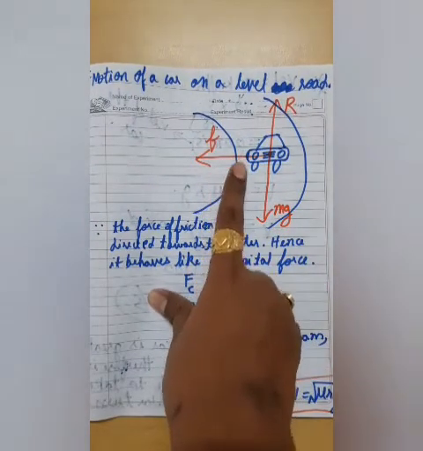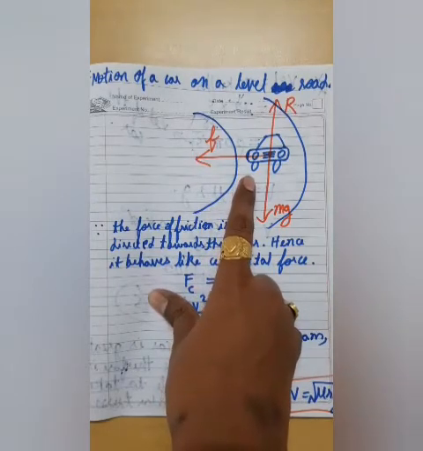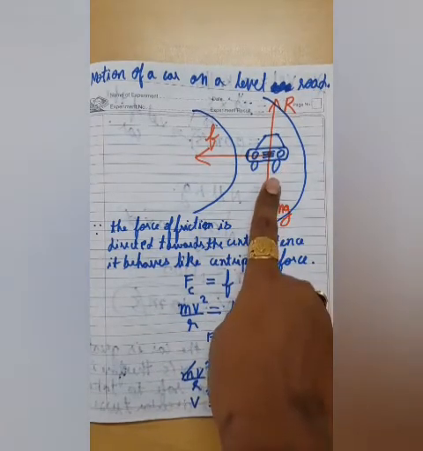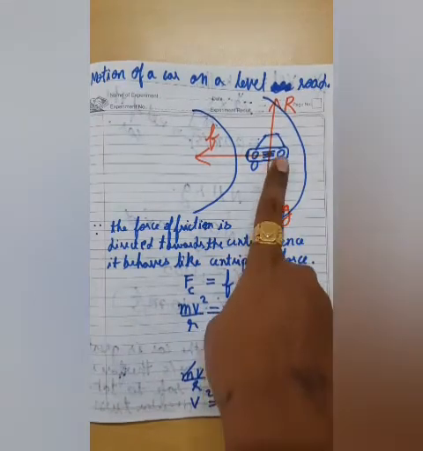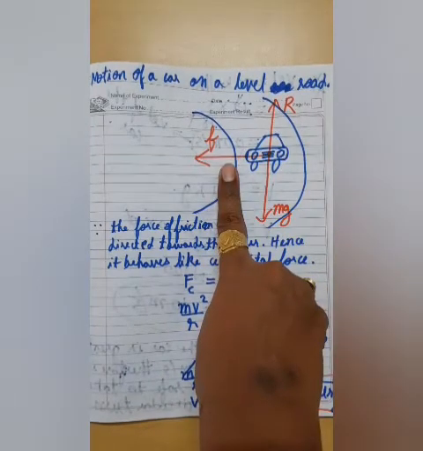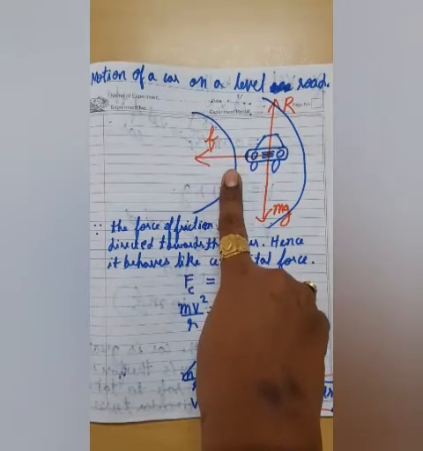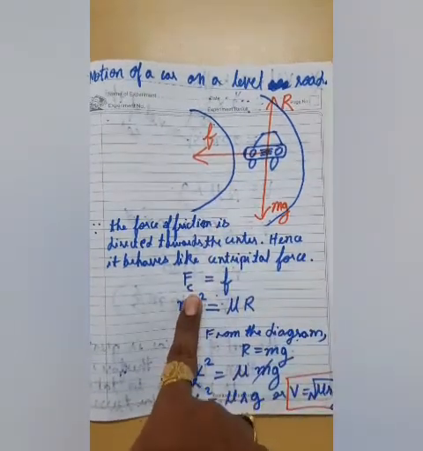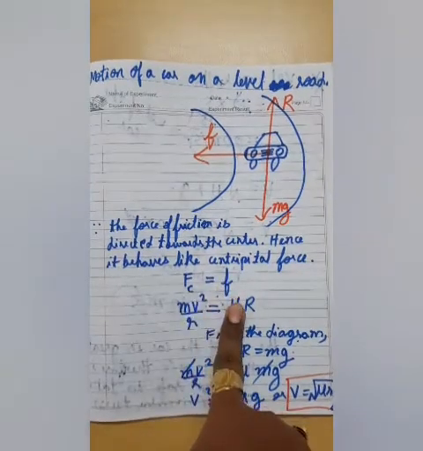But since the car is taking a circular turn, it would require centripetal force, and उसको centripetal force अपने ही अंदर सिस्टम में से कहीं ना कहीं से बनाना पड़ेगा. So for that what it will do is, क्योंकि ये ऐसे गोल घूम रही है तो फ्रिक्शन इसका अंदर की तरफ को आएगा, so that friction would be converted into centripetal force. So here I have written Fc, that is centripetal force is friction.